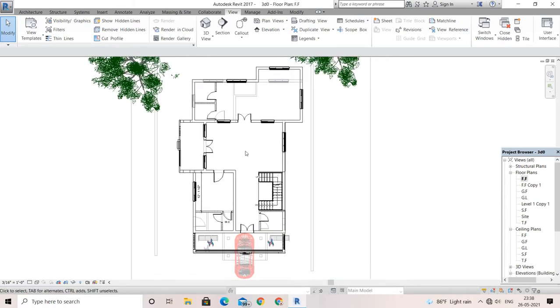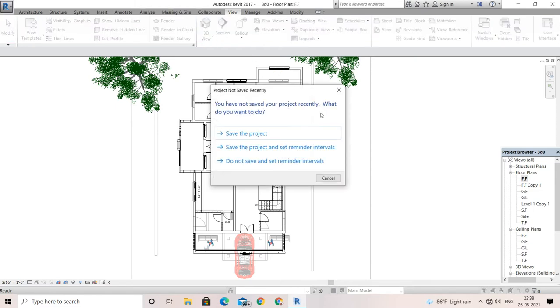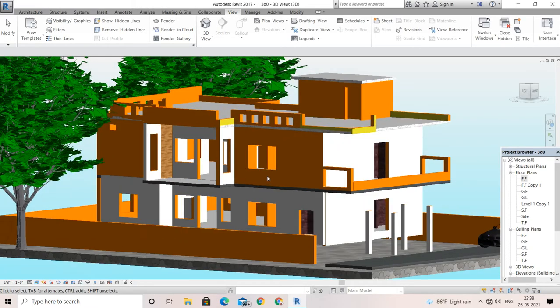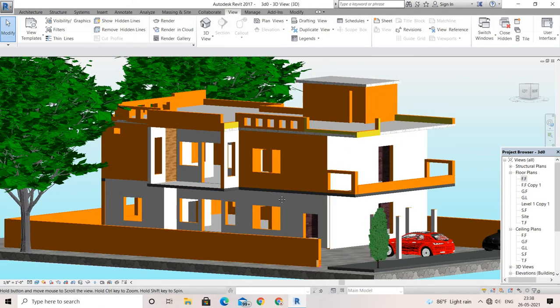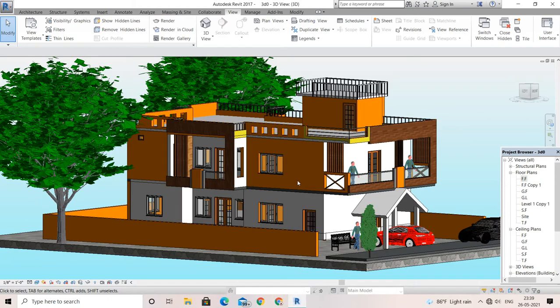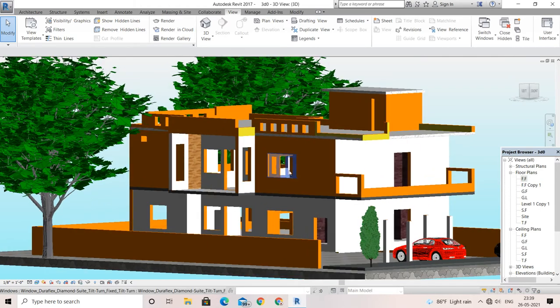If you are a good architect, or a civil engineer, you must know about the floor plan. If you are a Revit designer or an AutoCAD designer, or use 3D Max and all, you know very well about these softwares. Any kind of floor plan gives you much more clarity on the 3D based on that floor plan, right? I have done it according to the floor plan only, but this floor plan gives me the 3D, and I have made some designing over here, so texturing.